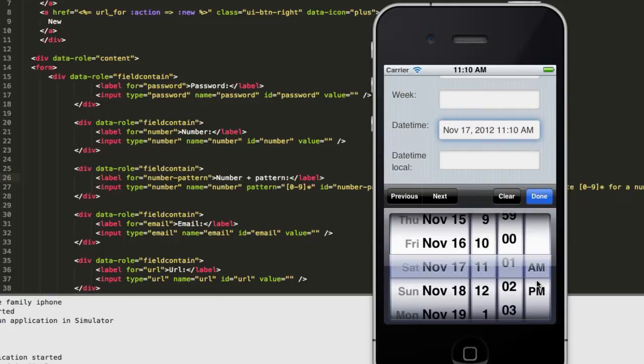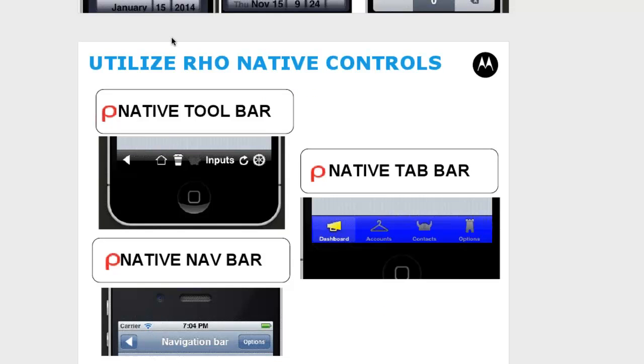All right. So the next thing we're going to cover is going through and adding some native APIs. So let me just jump back to the slide for a minute. So we have in our platform some native controls that not only work on iOS but also work on Android as well and some of the other platforms. So we have 3 of them that I'm going to showcase here and give you a demonstration. One of them specific for iOS, the nav bar, but these other two,